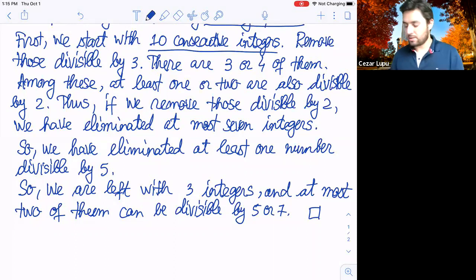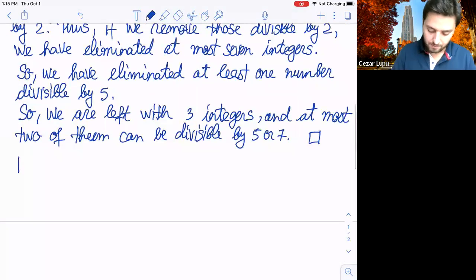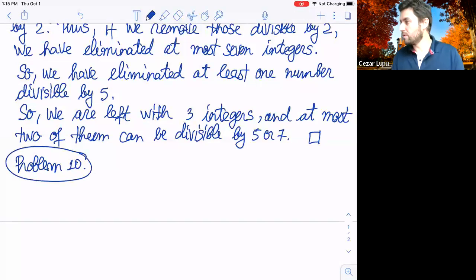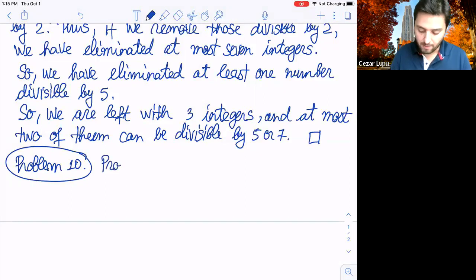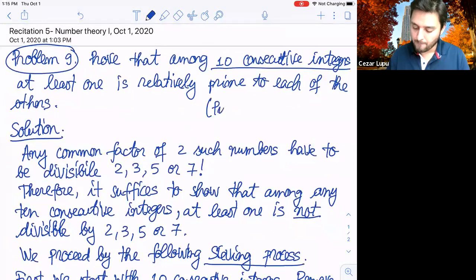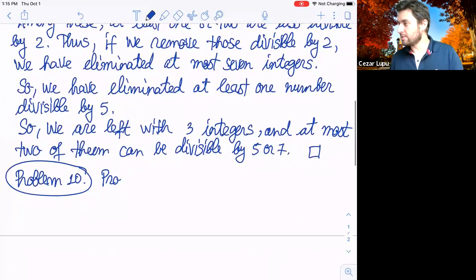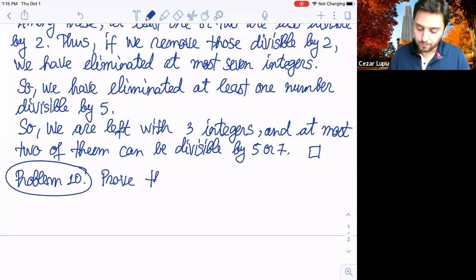Anyway, let's get to problem number 10, I think, from the list. This problem 10 is pretty straightforward. It says the following: prove that. And by the way, I forgot to mention this problem 9 was a Putnam, Putnam B2, 1966. Now, the problem number 10 says the following: prove that